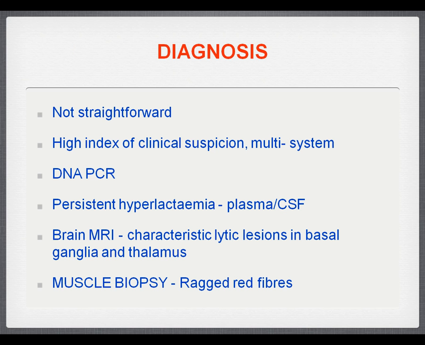Another thing that seems to be quite common is the persistent hyperlactatemia that they talk about in plasma and CSF. Brain MRIs are also used a lot, and I think that's only in some conditions that they have characteristic lytic lesions. And then something that this woman actually hasn't had, which was advised for her to have, is the muscle biopsy that has a very classic appearance called ragged red fibres. When I asked her, I don't think I realised at the time at the clinic that she hadn't actually had this done. I just presumed she had, to be able to get this diagnosis, but she said, I hear it's very painful, I've sort of put it off. And this was back in, I think, 2005 that it was advised that she should have it done.